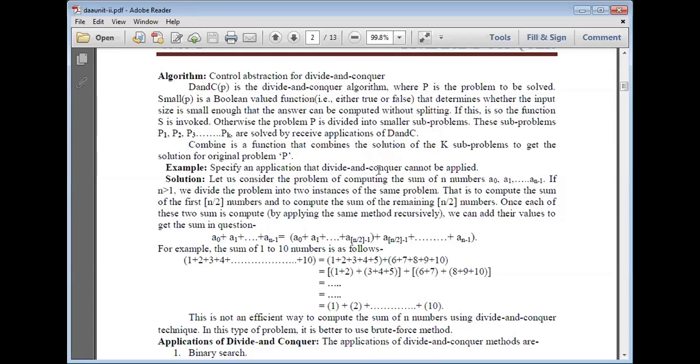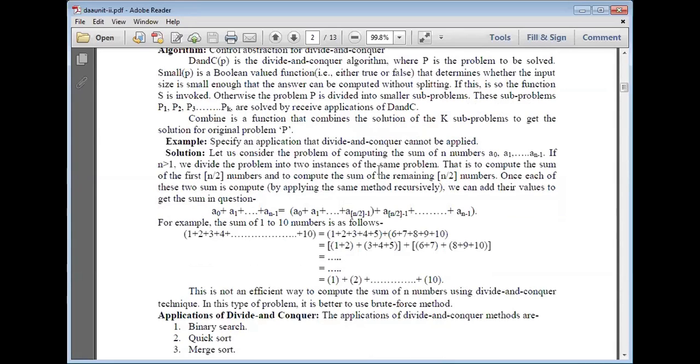Let us consider an application of divide and conquer: the problem of computing the sum of n numbers, a0 to a(n-1). If n is greater than 1, we divide the problem into two instances of the same problem: compute the sum of the first n/2 numbers, and compute the sum of the remaining n/2 numbers.